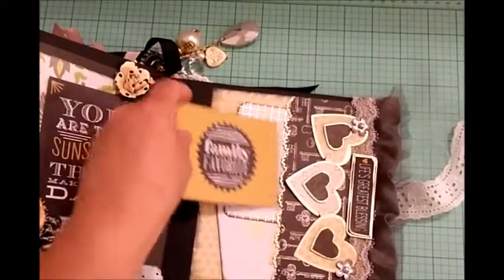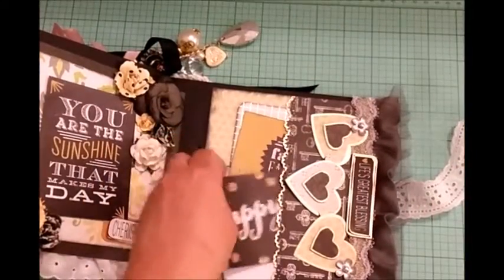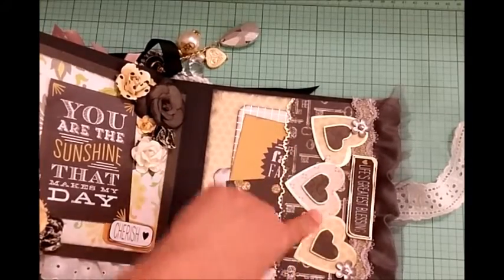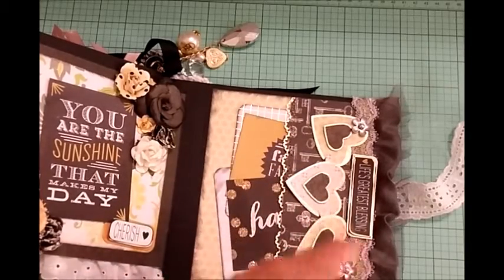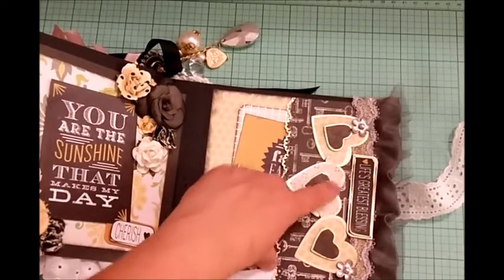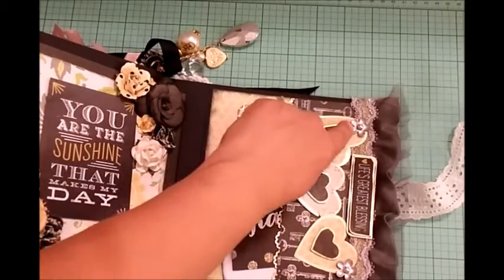family favorites, and happy. And on this side, I was playing with my Martha Stewart heart punch that makes the banner. So it has the little connections where you can stick them all together. I edged it with the gold marker paint. I punched out some hearts also with a Martha Stewart punch and edged that, put them on pop dots, and put some